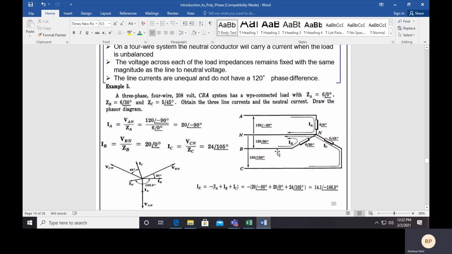In the same way, this is another example for a star connection which represents an unbalanced condition. 6 at angle 0, 6 at angle 30 and 5 at angle 45 are the impedance values in a star connection, which obviously do not have the same magnitude. It means it also results in an unbalanced star connection. So likewise, we have different possibilities for star and delta connections, each as a balanced or unbalanced connection.